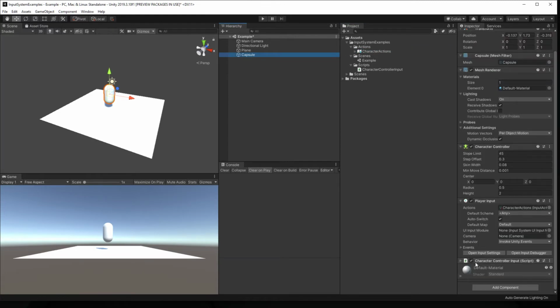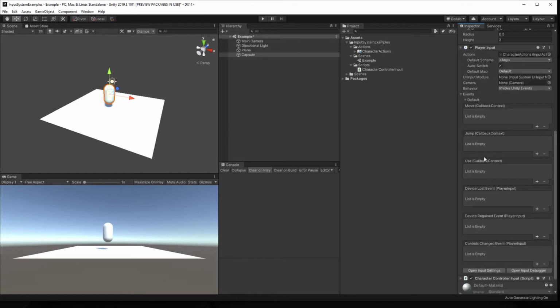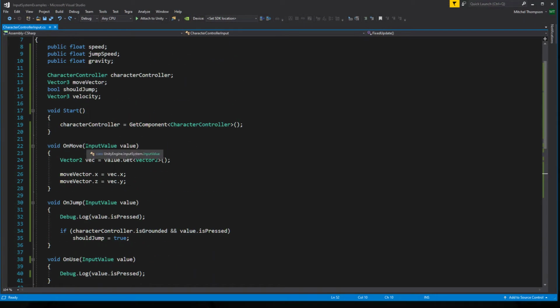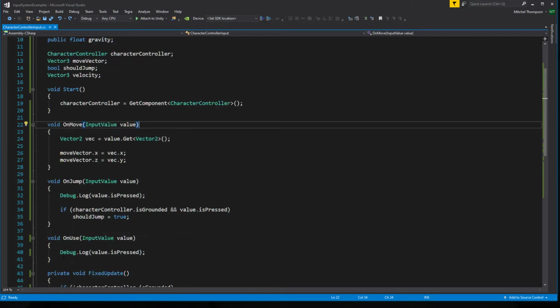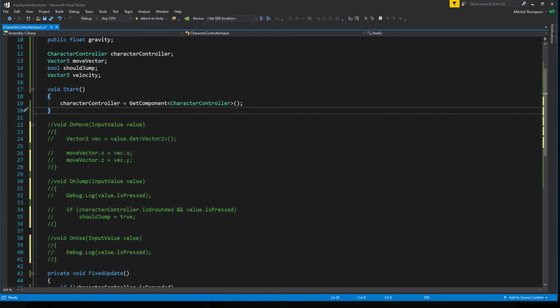So in this array, we have 3 callbacks, or 3 Unity events that we can subscribe to. Move, jump, and use. And from this UI, you can see that it's expecting a parameter type of callback context. That is not input value. So we couldn't simply point the event at the old onMessage receiver. So I am just going to comment all of these out, and we're going to start over